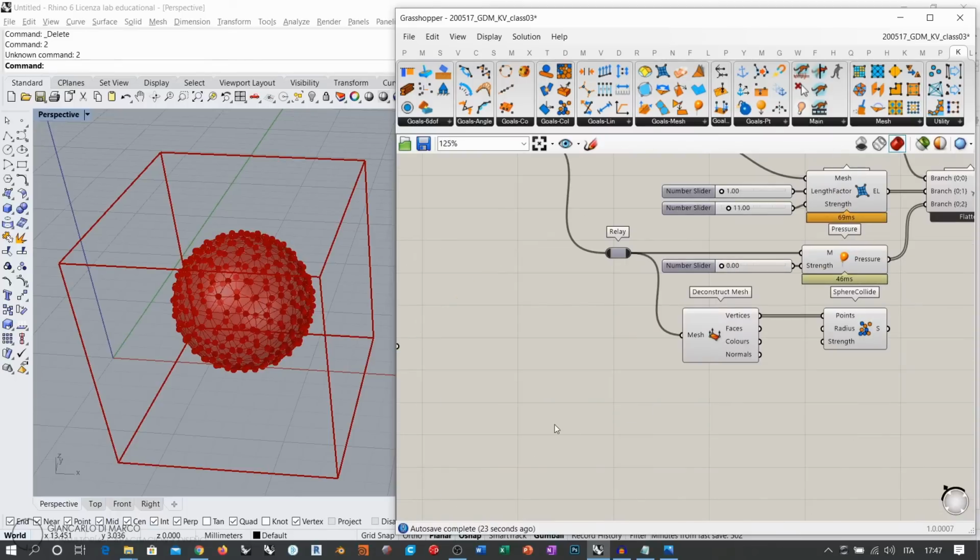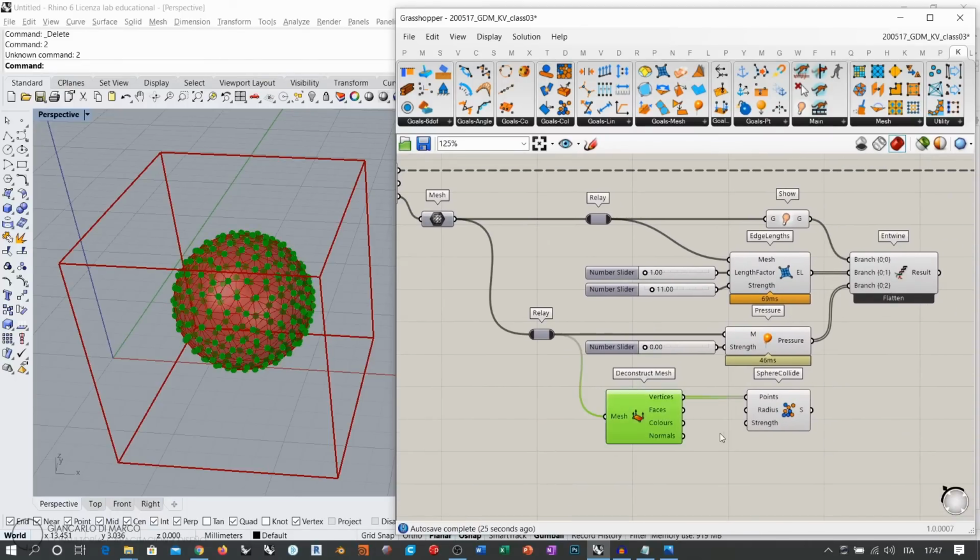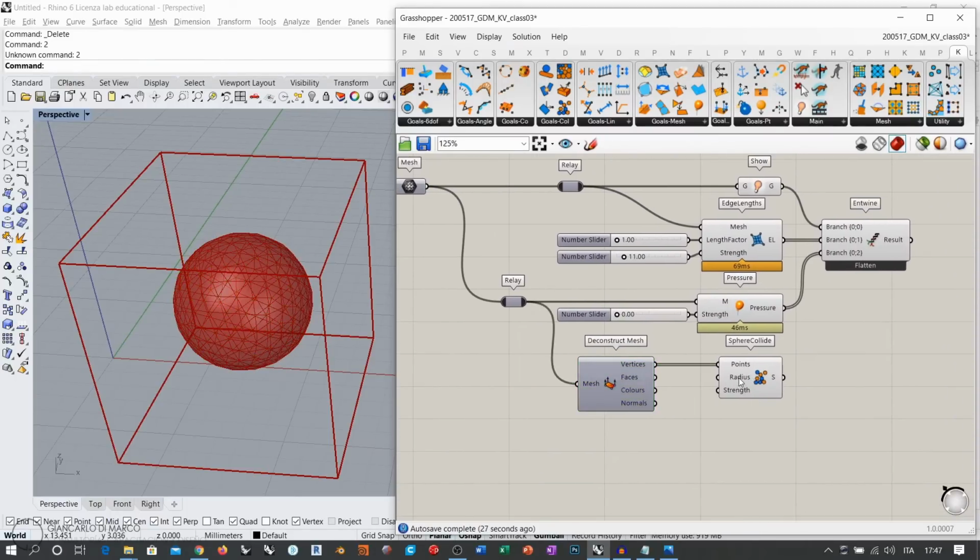Okay, so this is actually the value that we have. And so if we take a radius with that value, we are already going to obtain some kind of repulsion between these vertices. So I'm going to take something like, I don't know, a slider between 0.5 to, I don't know, something like eventually 2,